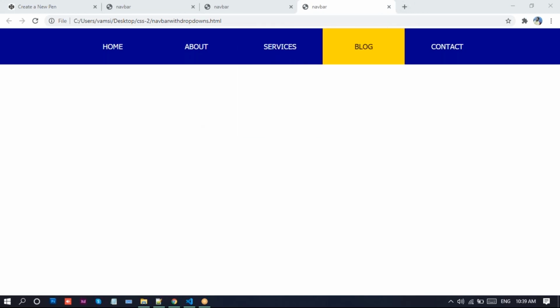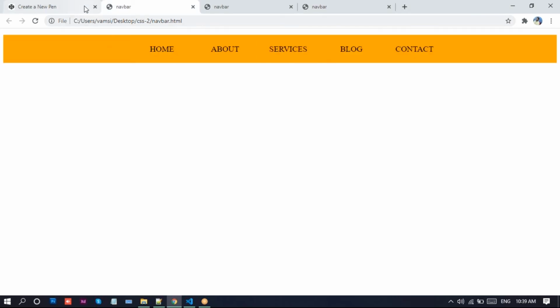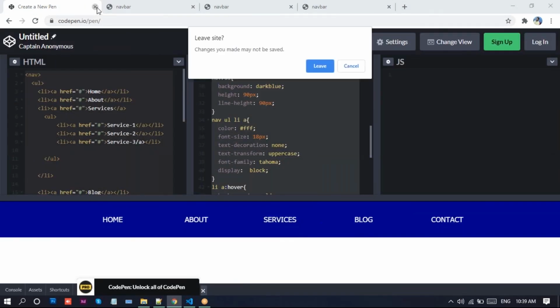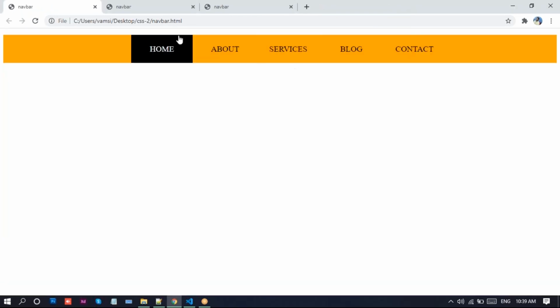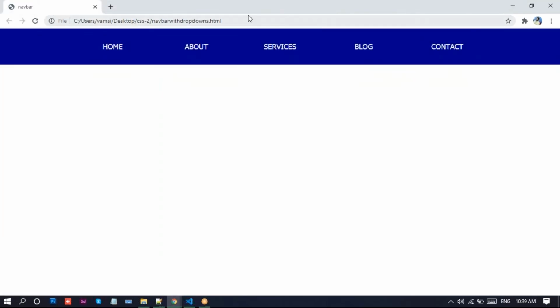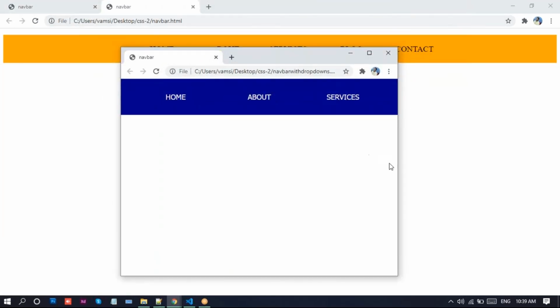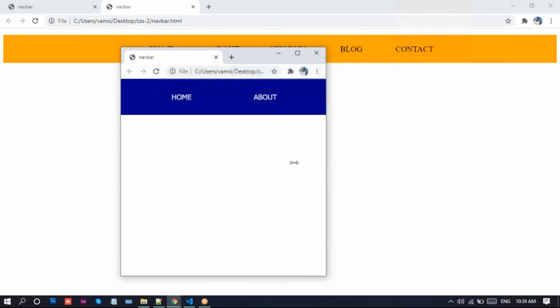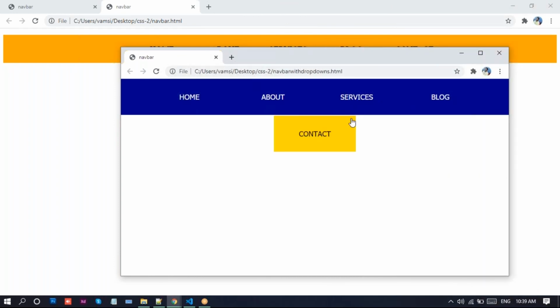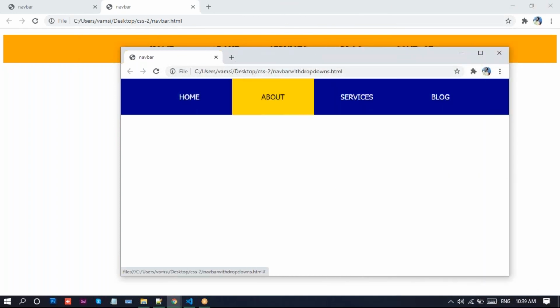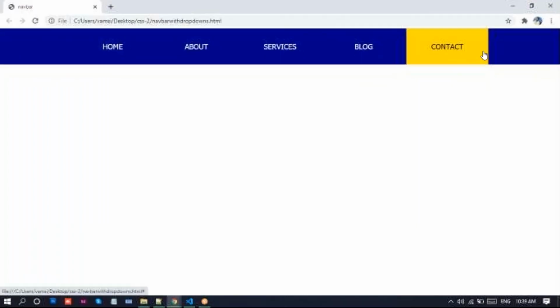And note here, this is not responsive, so whenever you reduce the screen size it will not adjust. Now we need to make this responsive. At that time I will explain media queries. Don't worry. So this is a drop